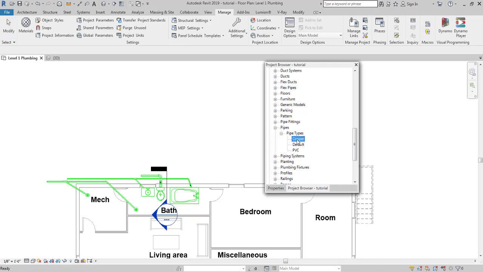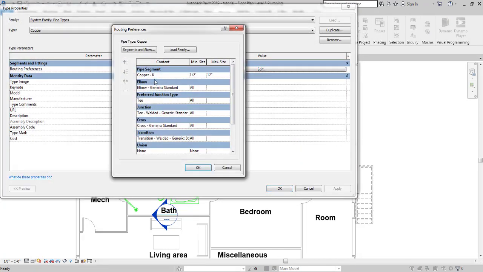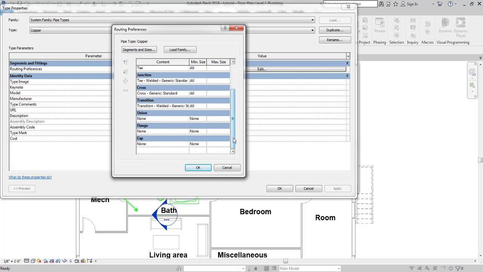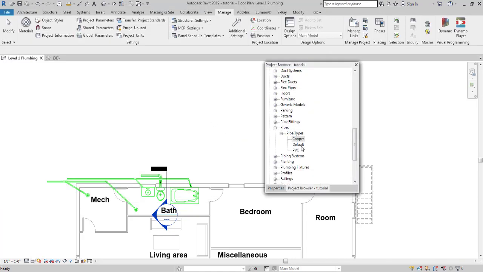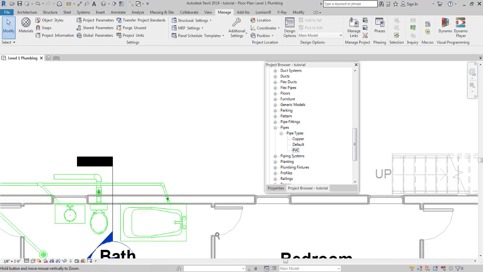You have the copper pipe over here. I didn't need to go over here. I didn't need to click on the edit. I didn't need to do any of this. All of this was done for me. I just copied, and you can do it for the PVC as well. Let's say if you didn't get the PVC, you can easily copy. I believe you guys understand what I'm trying to say.